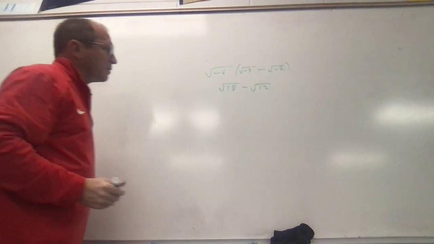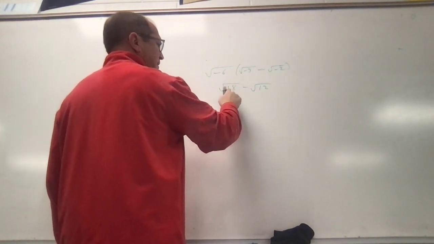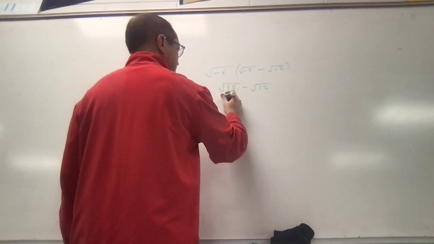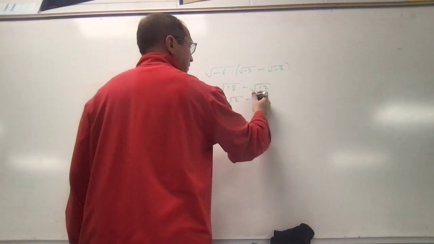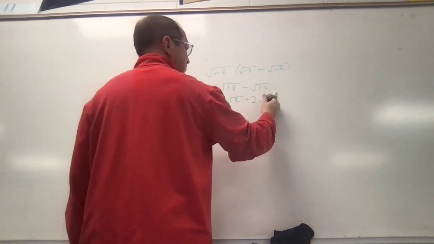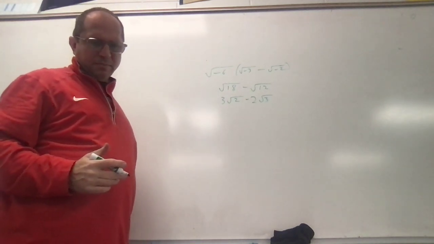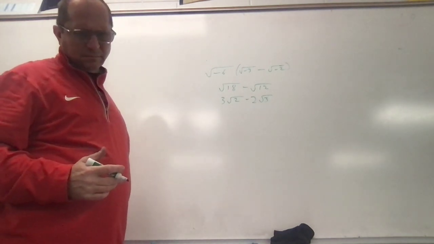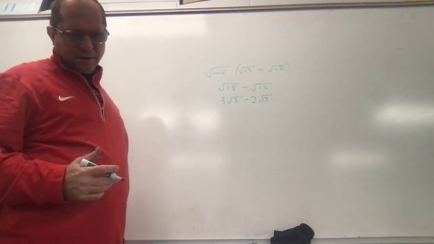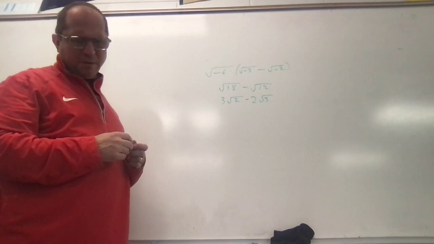Now at this point here, we need to break them down as simplified as we can. This is 9 times 2, so it's 3 square roots of 2. And this is 4 times 3, so square root of 4 is 2, so it's 2 square roots of 3. So that's how we would break down the square root of negative 6 times the square root of negative 3 minus the square root of negative 2. Okay, from here,